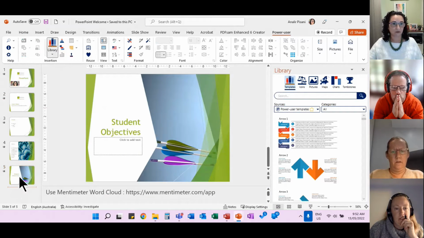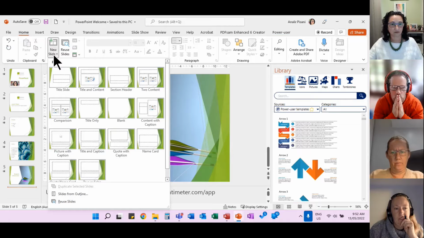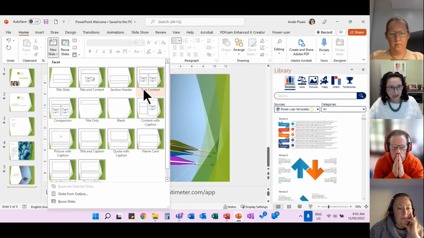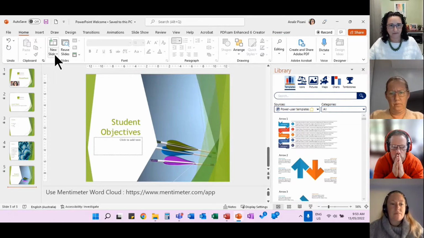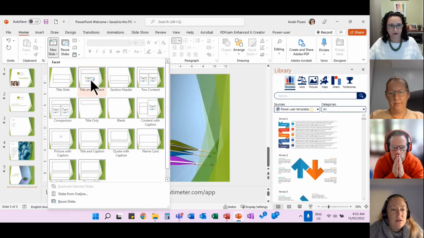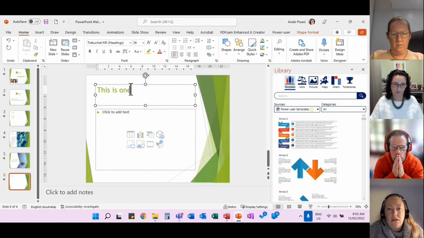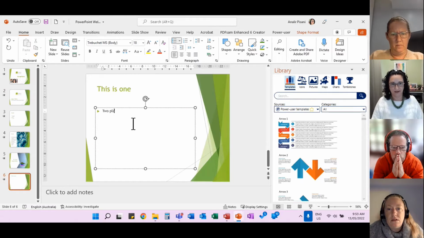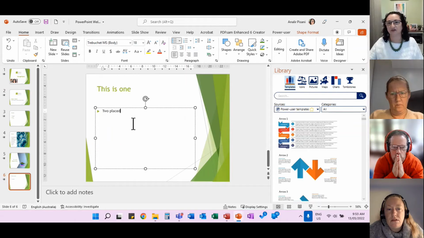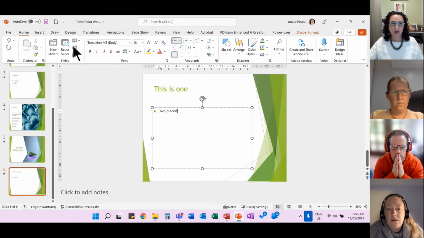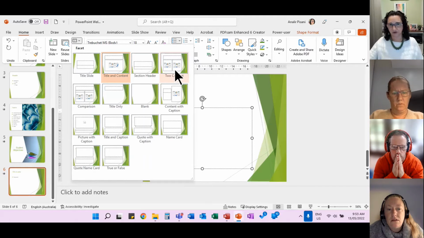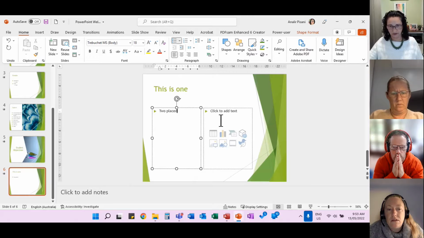Is this one, got it? That's better. That's the one I was looking for. All right, so let me just do a new one. So if I use this one, placeholders, but I want to move it to something that's got 3, 4, or 5 placeholders. So when I select a design that's got 2 placeholders or more or less,